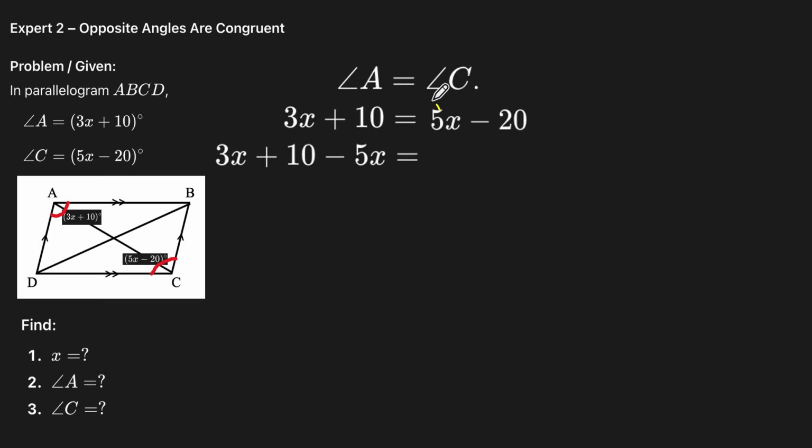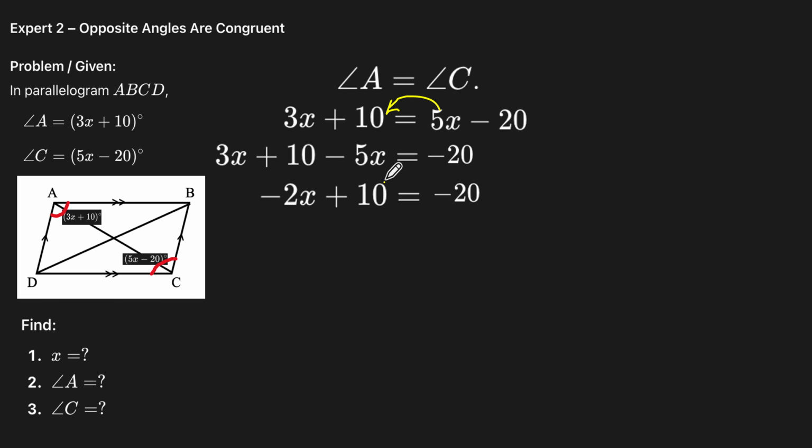What we're going to do is, again, combine similar terms. So the 5x, we just transpose it to the left side of our equation, or we subtract 5x from both sides, so we have negative 5x here. And then, on the right side, we have negative 20. Combining the terms with x, 3x minus 5x, that is going to be negative 2x. Then, we just bring it down, and that is equal to negative 20.